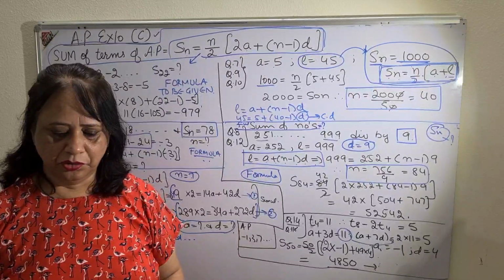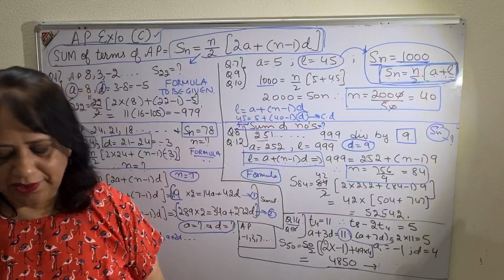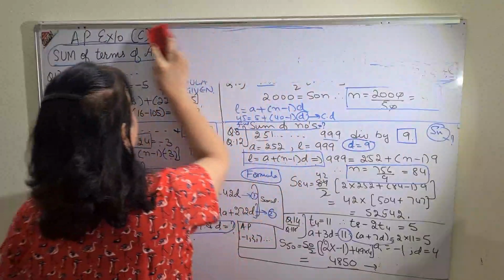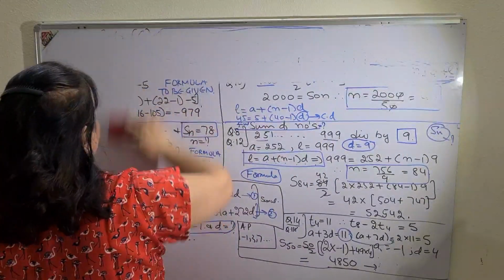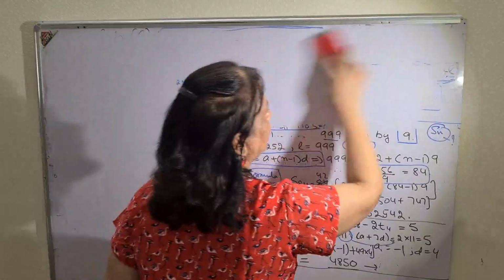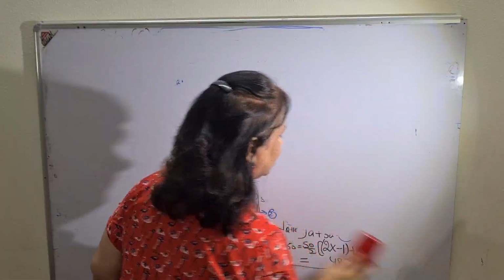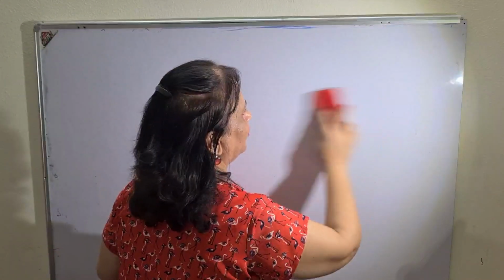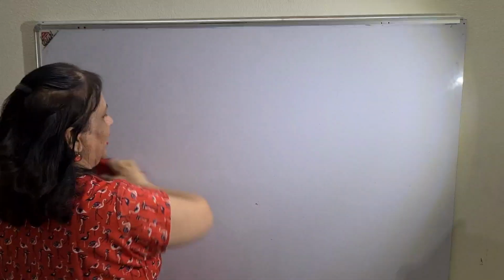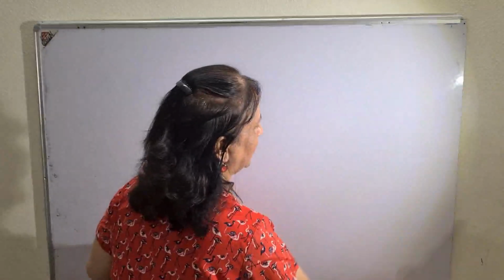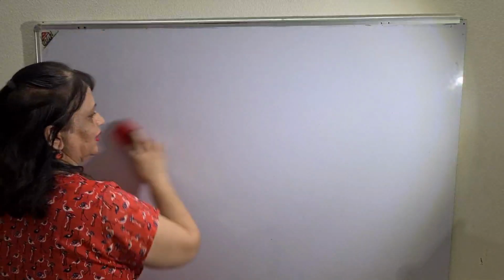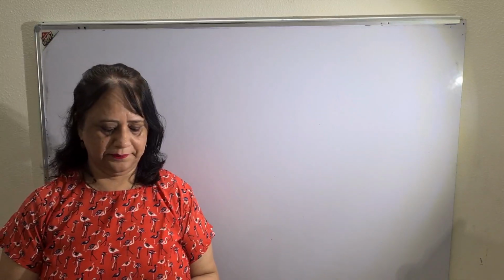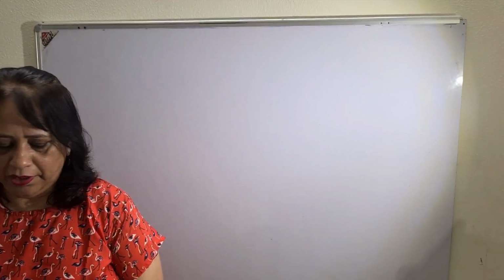Then moving on to exercise 10D. Again a little difference, but again very easy one. Trust me children, they are very easy. I'll give you the hints so that children you can do these sums and find out your doubts. Tomorrow is your doubt clear session from 4 to 4:30, 4:40 maybe. I will clear your doubts, but before that you should do the exercises. That is why I have put all the 3 exercises together. The sums are very easy. It will not take more than 1 hour. Just listen to my video and then do the needful.